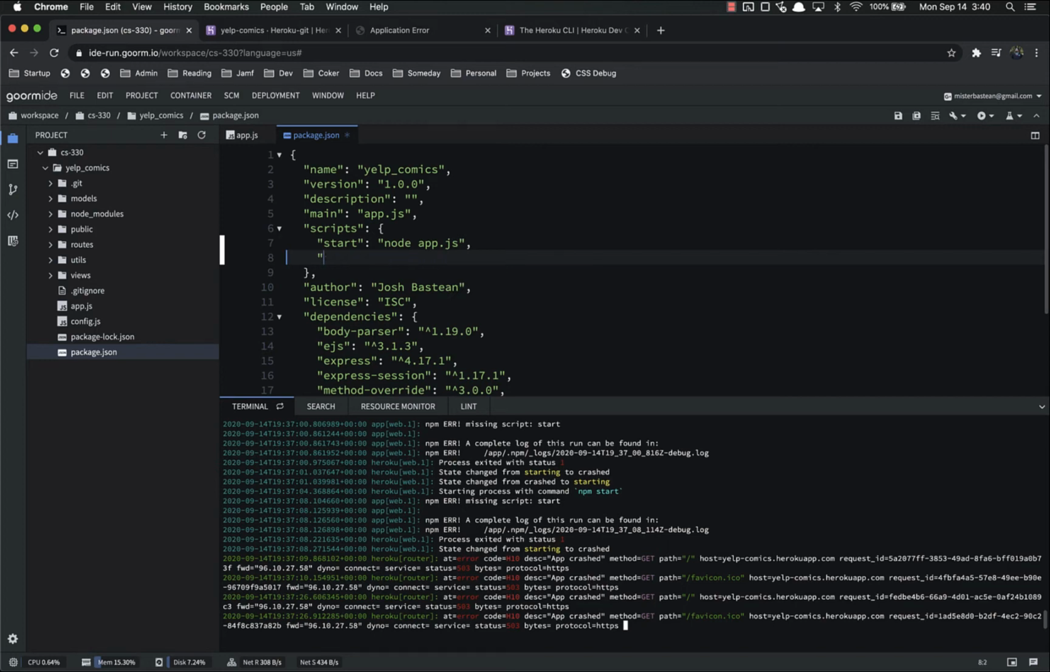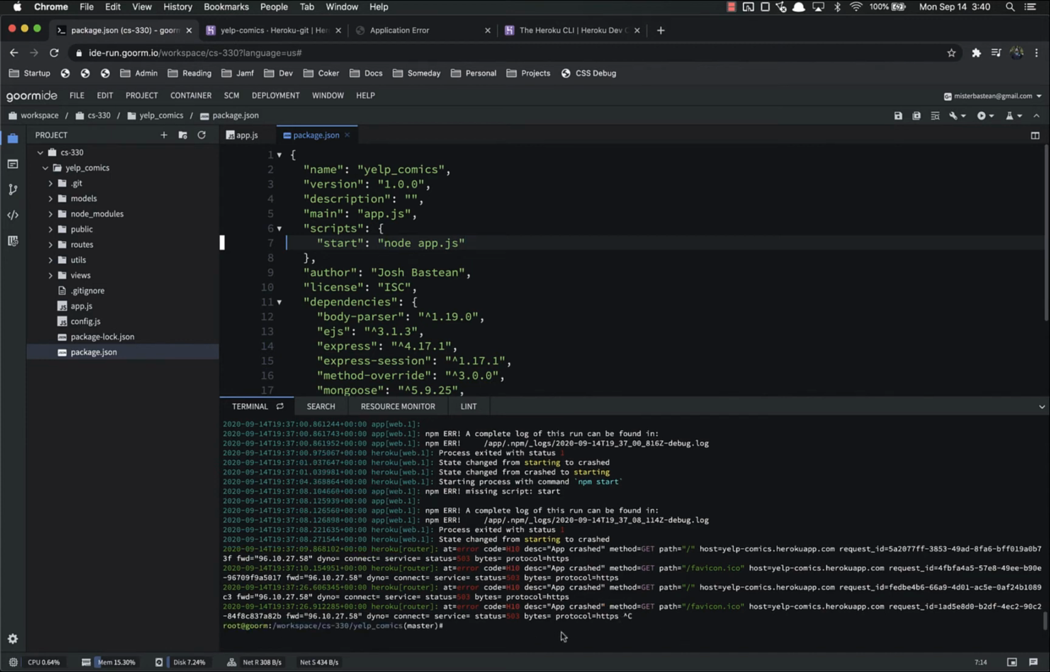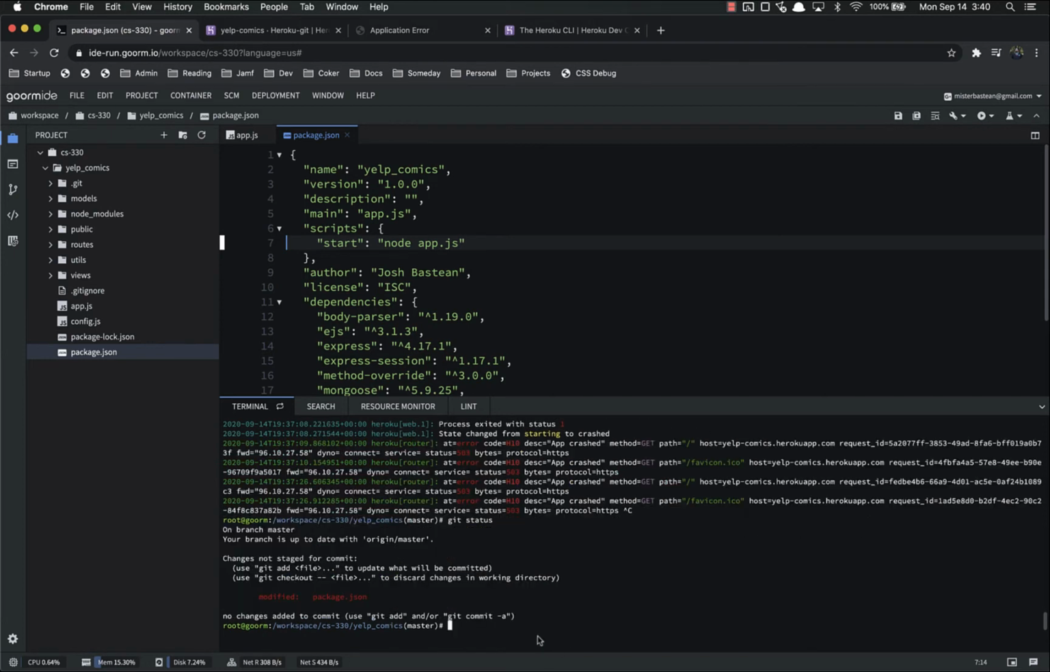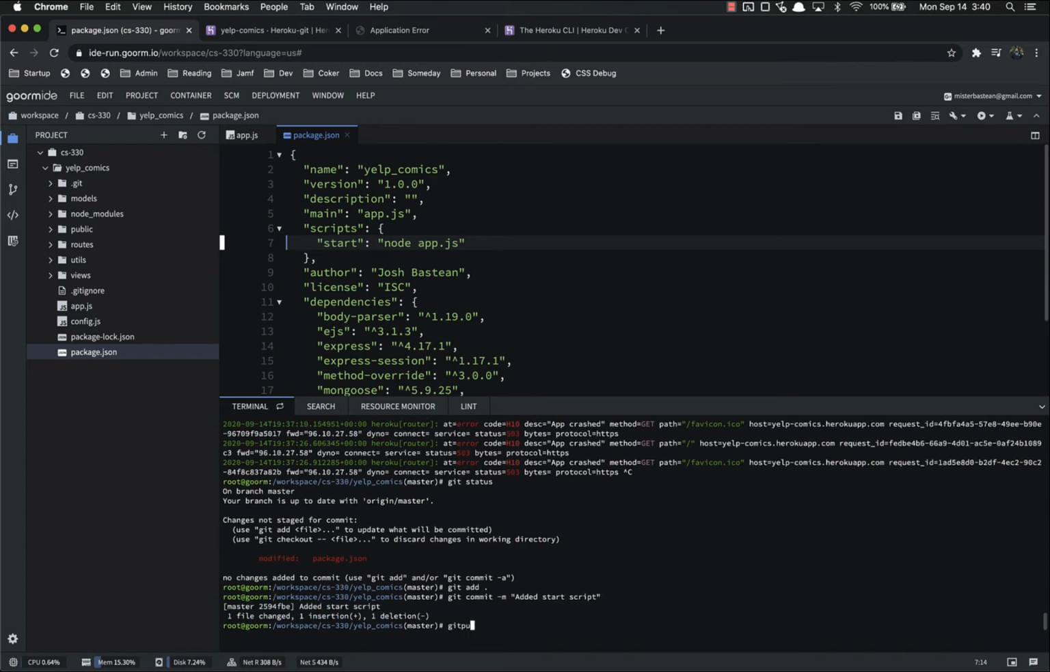That's going to run this code. So we don't care about test, but we do very much care about start, because what Heroku is doing is running npm start. And the reason it's crashing is because we didn't have a start script. So let's save that. Close out of that, Control-C, git status, and we'll see that there's a change to package.json. So git add that, git commit with the message of added start script,